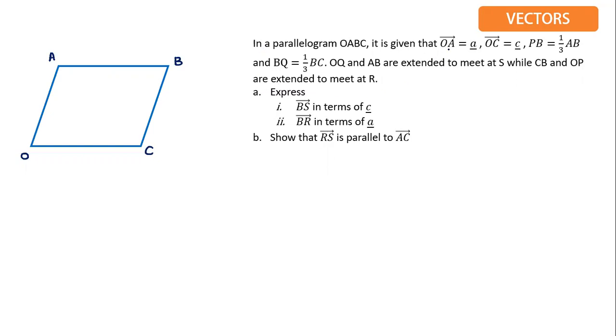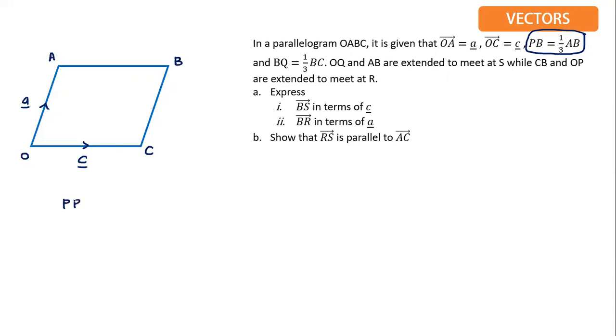Then OA, this one, class. OA is a, so it's already given. This is OA, this is a. And the second one is OC here. So OC is c. Done. And then this one, class, listen. This one is actually a ratio. I'll teach you how to get the idea from this ratio first, because some of you don't understand the meaning of the ratio. Actually, you can understand that ratio means you can move very easily, class. Let me give you the idea first.